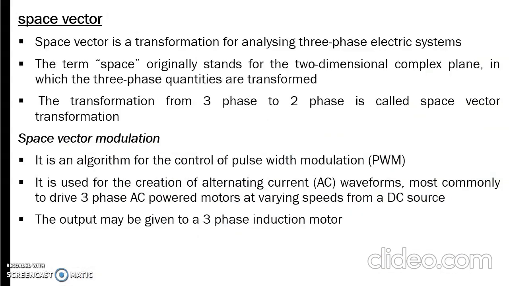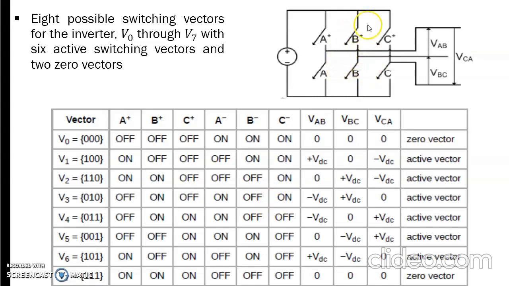what is space vector, and you should explain the earlier explanation of transformation of ABC to alpha beta to DQ, and its transformation matrices. All these things you should explain. Once a question is asked, explain the space vector modulation, you should explain what a space vector is and what the space vector transformation is. In that you should explain the Park transformation and Clarke transformation. Then you draw the circuit diagram. For example, when space vector is applied for a PWM, it is known as space vector pulse width modulation.